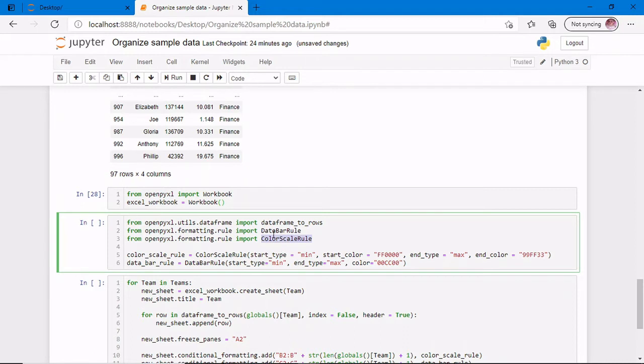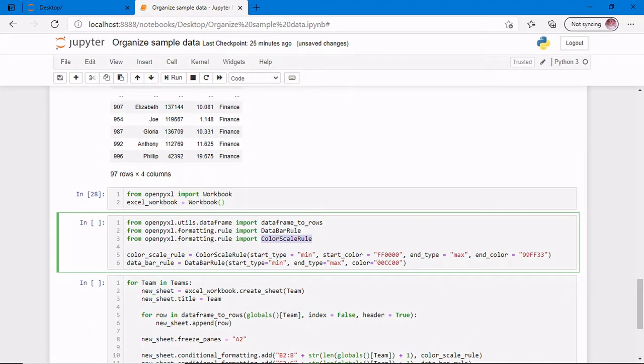Since these two are classes, I need to instantiate them. So I am creating an instance called color underscore scale underscore rule, using the class ColorScaleRule with start type min and start color ff0000. This is a hexadecimal color code.